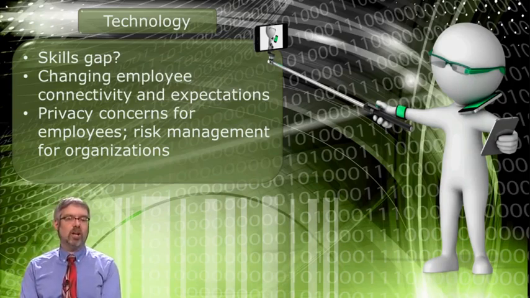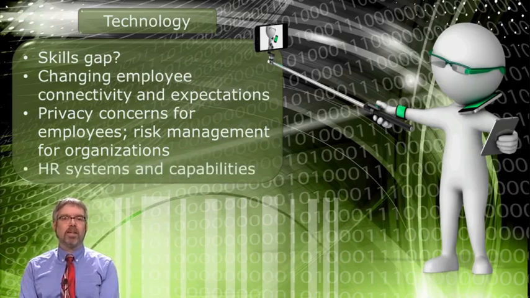Employees might lose laptops with sensitive data. They might post things on social media. How is that handled by your HR set of policies and practices? And lastly, technology can give different capabilities to HR systems. Does this give you the ability as an organization to outsource certain functions, for example? And how does that fit with your HR strategy?